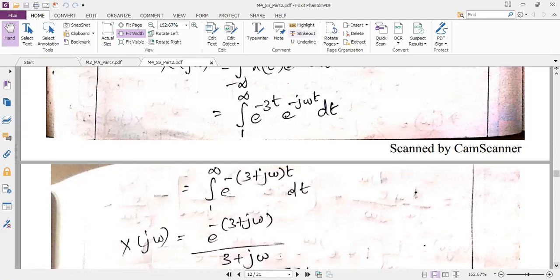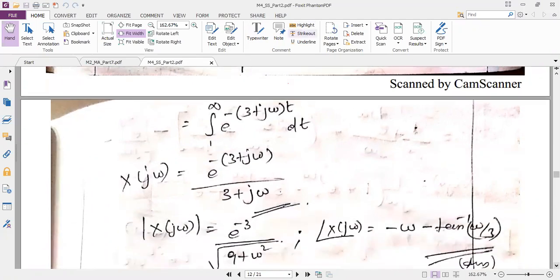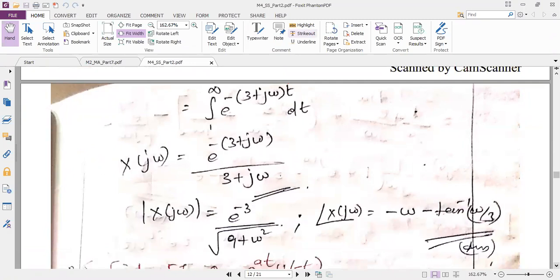Okay, fine. So is the question just finding only the answer, or magnitude and phase? Magnitude and phase. Okay. Tell me now, how to find the magnitude? The denominator is in the form of a plus ib. The numerator is not in the form of a plus ib, so the numerator should be maintained. In the numerator we have to consider only the real part. If I split this numerator, it is e power minus 3 into e power minus j omega.